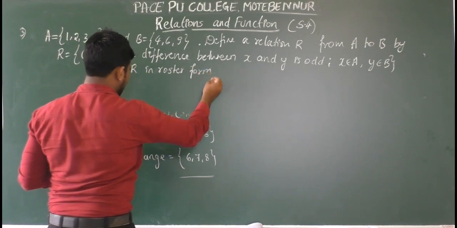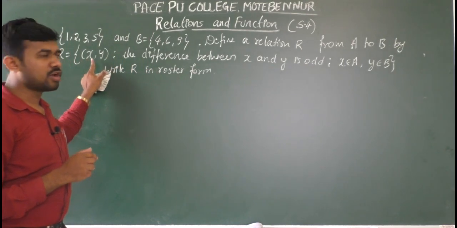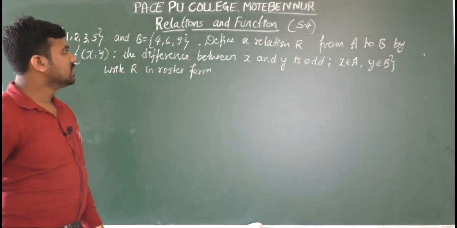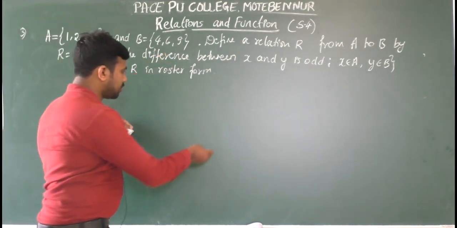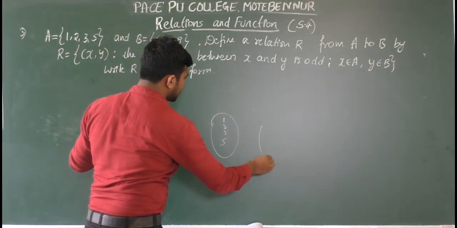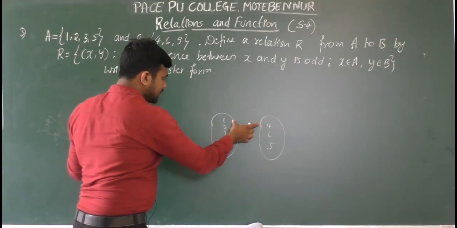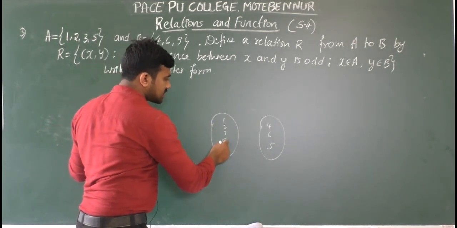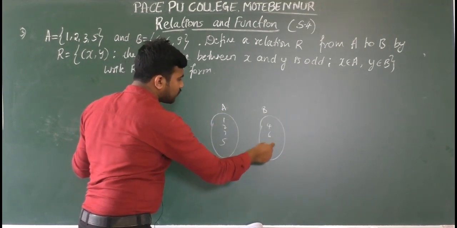So now see how the relation is given. R is equal to the set of all ordered pairs x comma y such that the difference between x and y is odd. Here x is the element of the first set and y is the element of the second set. In the first set, the elements are 1, 2, 3, 5. In the second set, the elements are 4, 6, 9. Now we need to collect the ordered pairs such that the difference of x and y should be